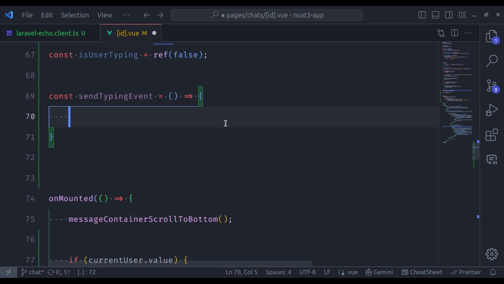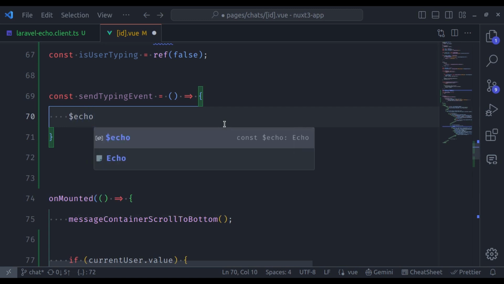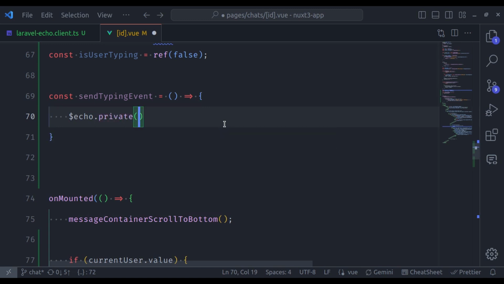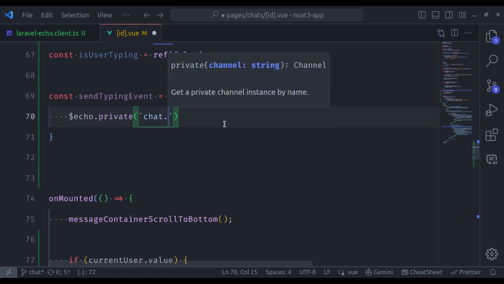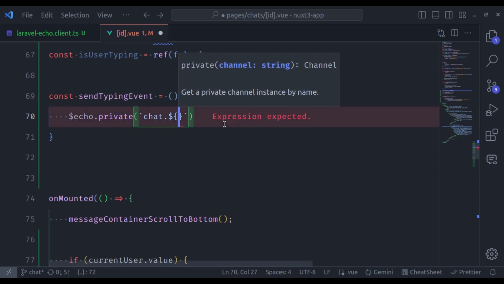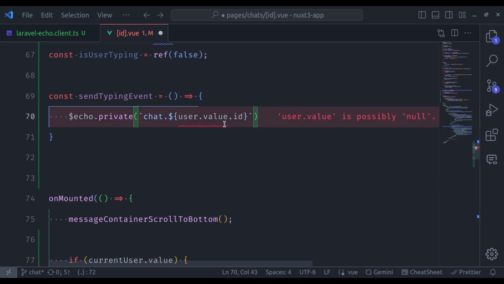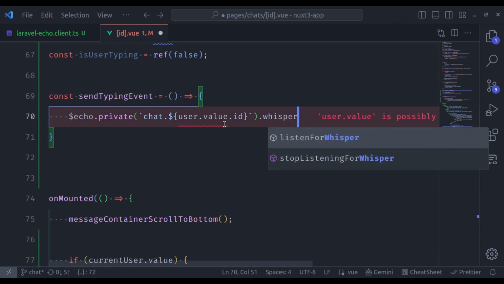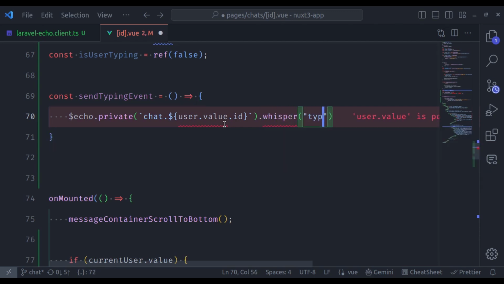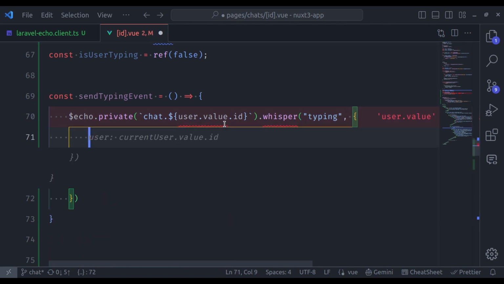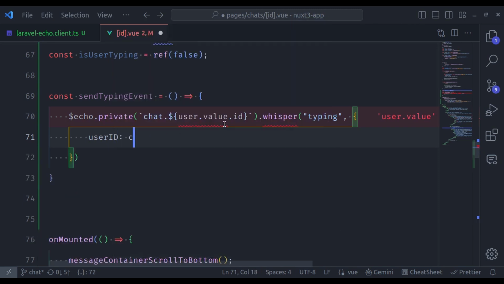So here first let's subscribe to the private channel of the other user. So $echo.private, and then the channel name, that is chat dot, and then the selected user ID, that is going to be user.value.id, and then we will say dot whisper, and here we will whisper the typing event, and here we will pass the current logged in user ID. So here I'll say userId is current